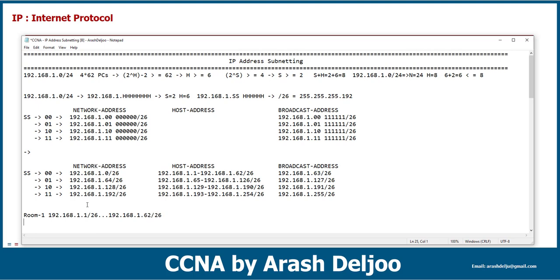This is for room 1. In room 2, we have 192.168.1.65/26 for the first IP address to 192.168.1.126/26. And also in room 3 and room 4, we have this for